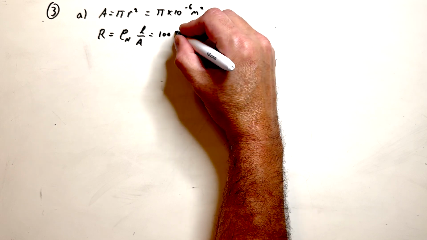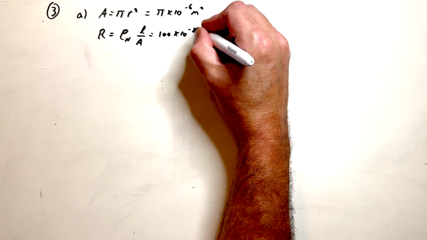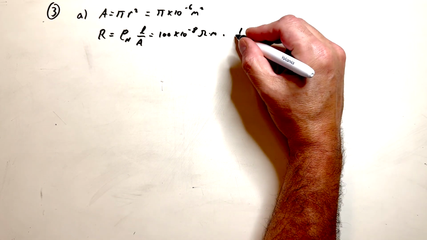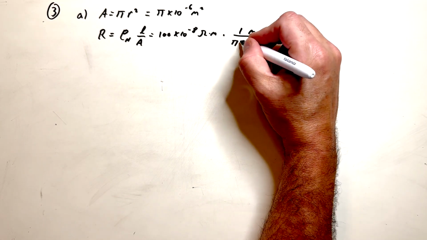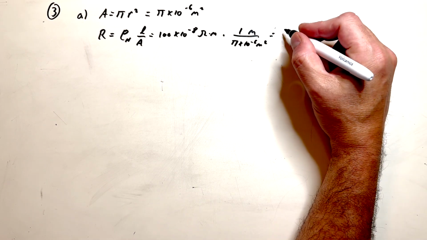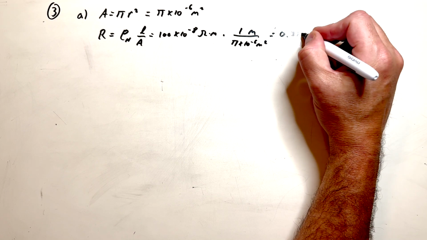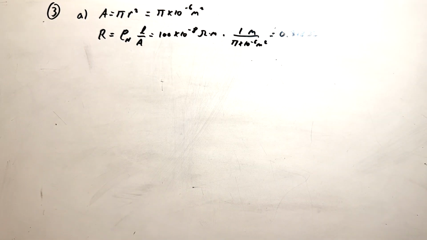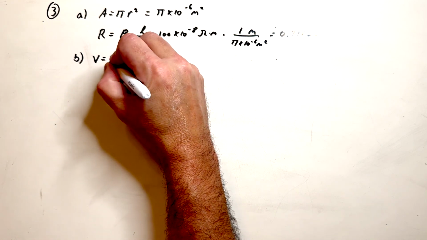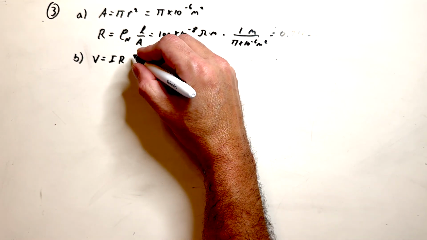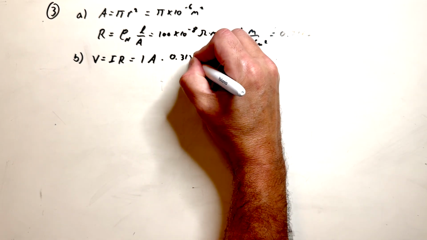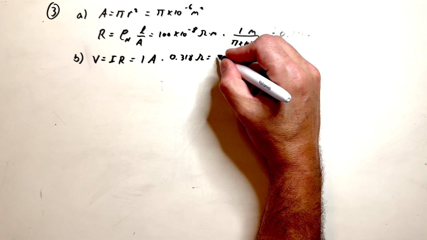And that's 100 times 10 to the minus 8 ohm meters, times 1 meter, which is the length of wire, divided by pi times 10 to the minus 6 meters squared. If we punch that into the calculator, we should get something on the order of 0.318 ohms. Okay, and then for part B of the problem, we're just going to put to practice Ohm's law, V equals IR. We're told we're going to use a 1 amp current, so that's 1 amp times the 0.318 ohms, and we'll get 0.318 volts,